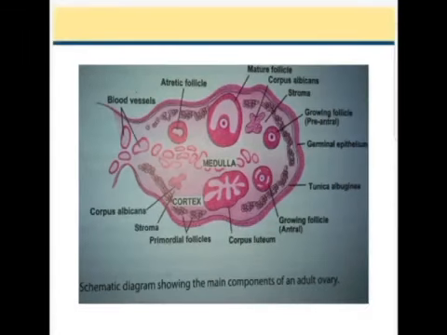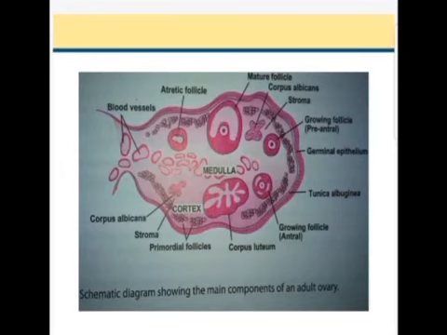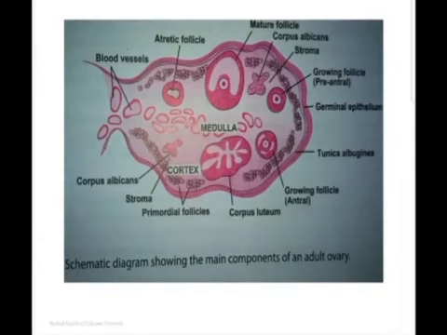This is the microscopic picture of the ovary. You can see there is a central deeper zone, the medulla, and there is an outer broader zone which is known as the cortex. Again, just like the testes, we have a very thick layer of collagen fibers which is white in color, and it is called the tunica albuginea. The stromal cells contribute to the formation of the connective tissue covering around the growing follicle. So we will see in the cortex of the ovary there are follicles in different stages of development.